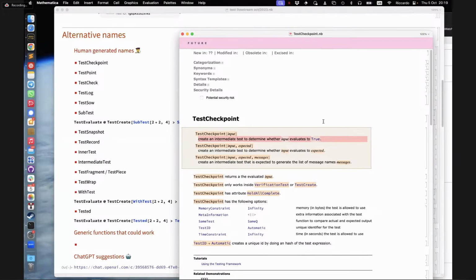Then why don't you call it intermediate test? It is a possible name on the list. We're thinking inner test, we have subtest. But what else? In other words, is it anything else? Because